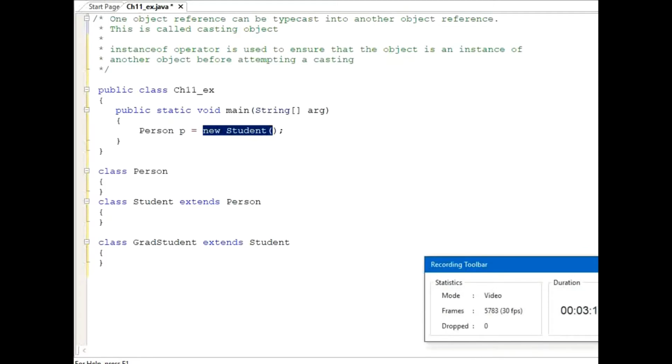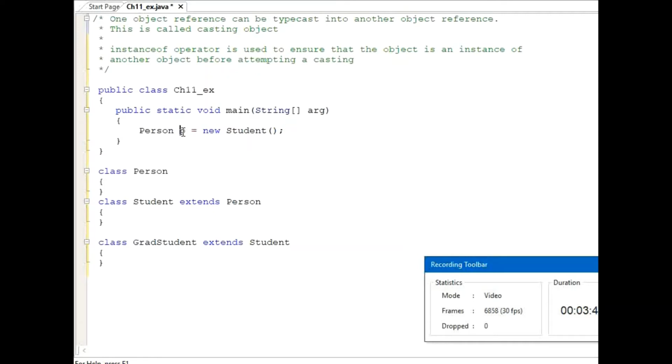Actually, the reason for creating this type of object is to enable generic programming. It is a good practice to define a variable of a supertype, which can accept an object of the subtype. So this type of declaring or creating an object supports generic programming. That's the reason we create this type of object.